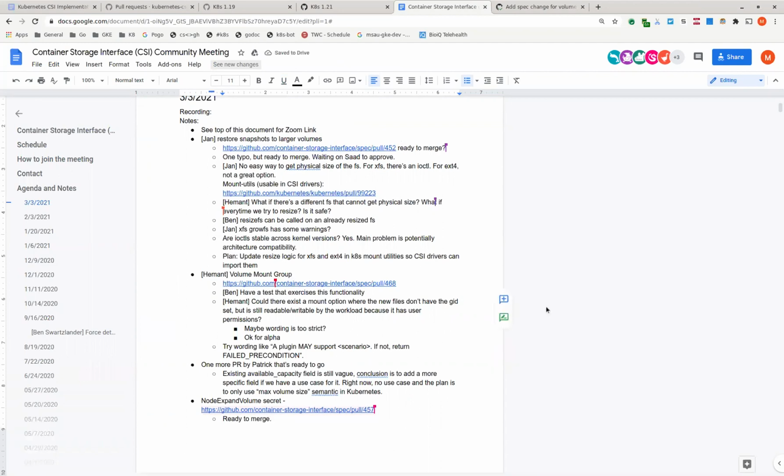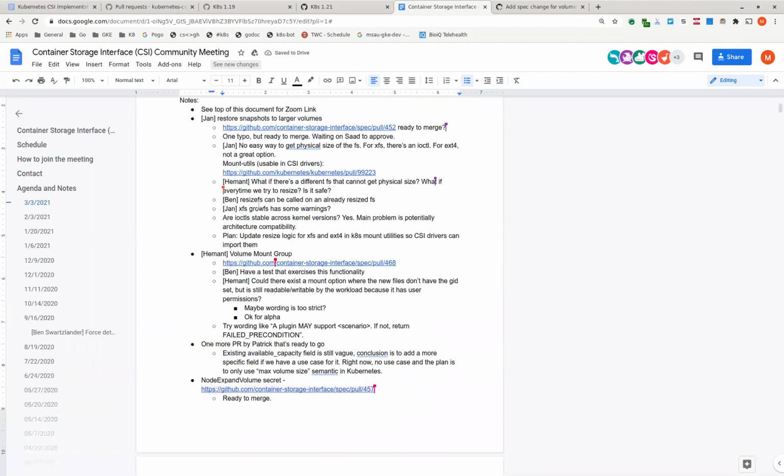All right. So we have these 4 PRs, and most of them are ready to go. I think the only one that needs a little more discussion is the volume mount group one, but the other 3 should be ready. Do we want to hold off for the volume mount group one or proceed?